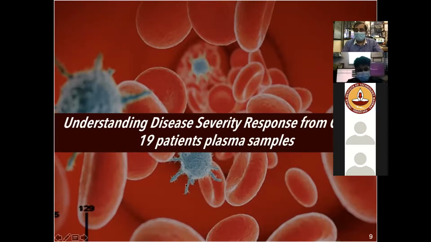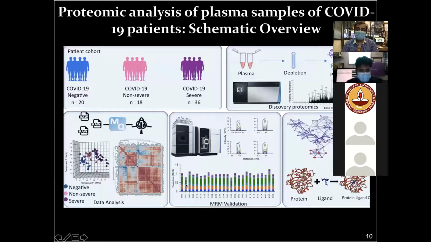The idea was, can we come up with a better understanding of what makes the COVID positive patient population, within those, the mild versus the severe, different? So that was something which we started with first. We had the patient plasma samples, which we depleted using a depletion column which could remove the immunoglobulins, the IgGs, and the albumin, and various other abundant proteins as well. And then we ran the same workflow of separating all the peptides from those samples. We did a lot of analysis, which I'm not going to talk about right now in the short time left available.